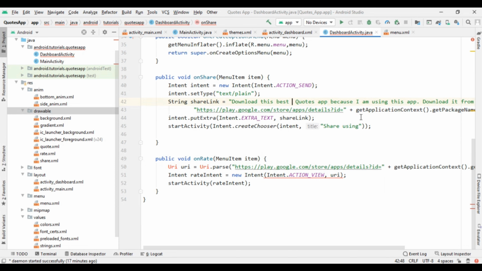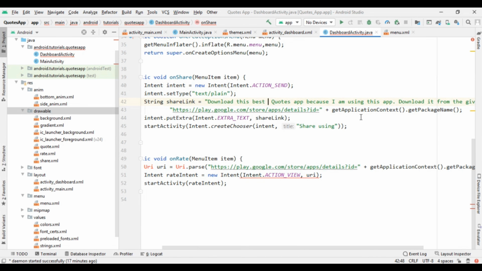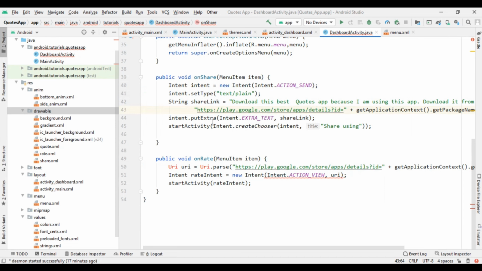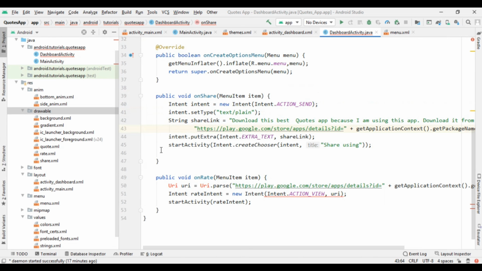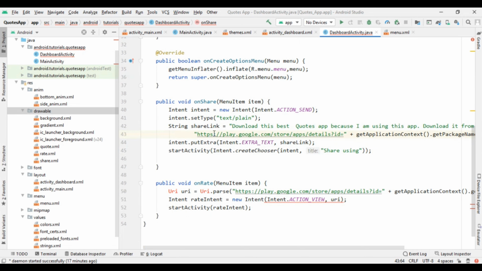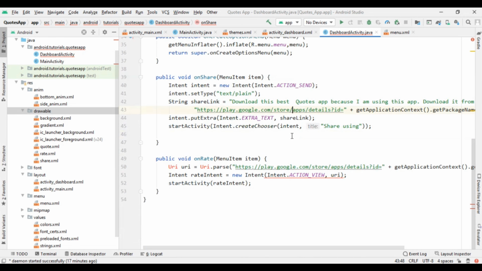This will be a short message and it will be in string format. Now we have to give the custom ID and then give the package name. This is the URL of our website, of our application. And then intent.putExtra, we have to put extra text and share link, and here we have created a chooser.